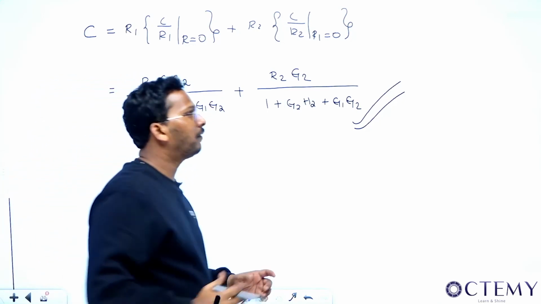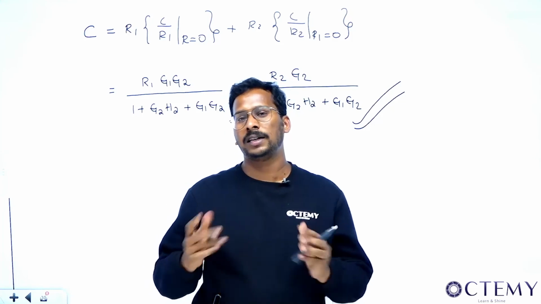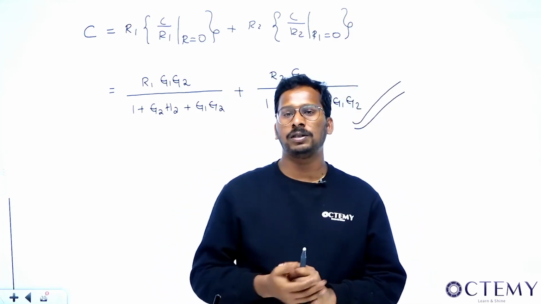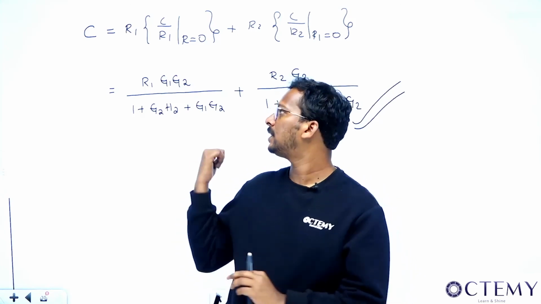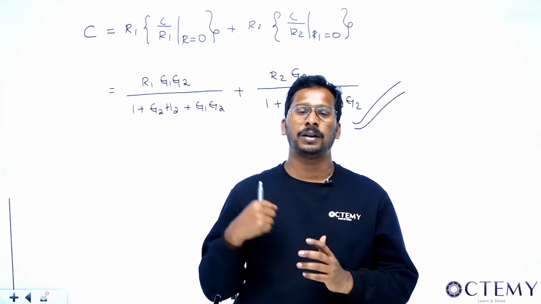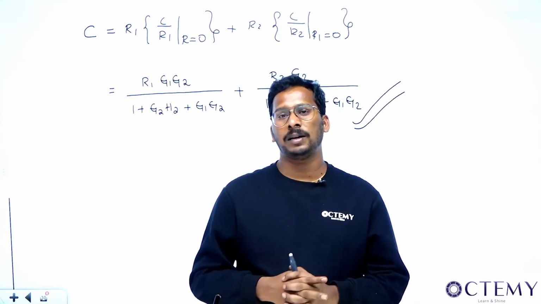Right? So we have covered all the rules. We have not seen any problem on rule number 7. That is all right, sir. Rule number 7 is seldom used. So remaining all rules we have covered. We have done a lot of problems. And this last one is also done. In the last class also I have done a problem on this. So I'll stop this particular lecture here, and then we meet in the next class. We'll come up with a new topic.